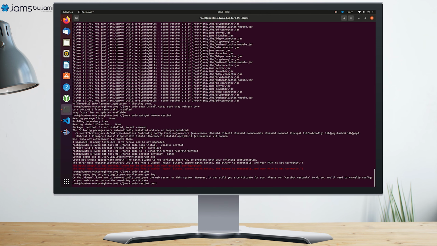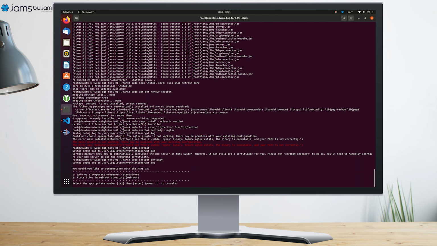We can execute the command sudo certbot certonly, so we can start the process to get a certificate and